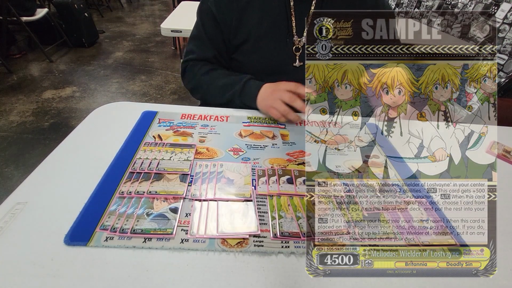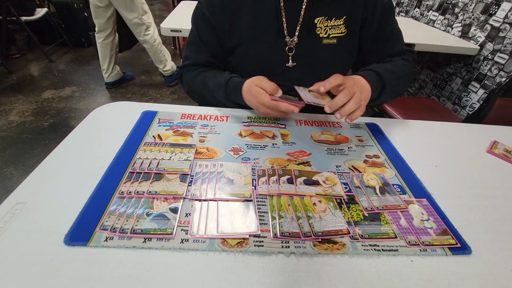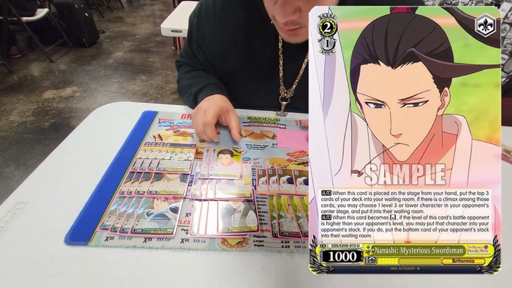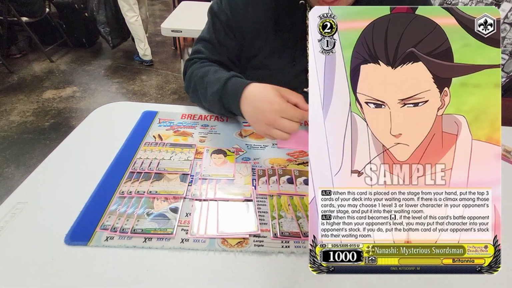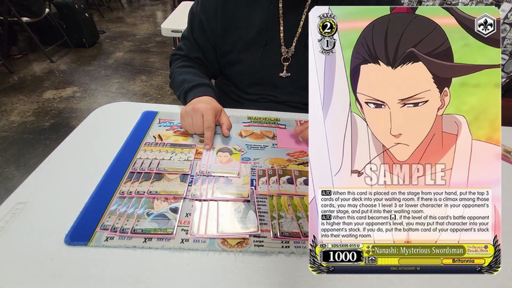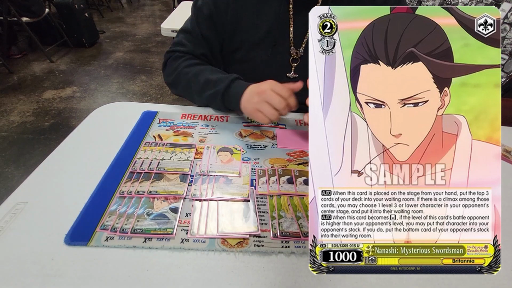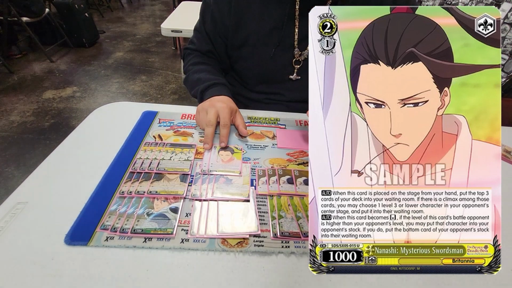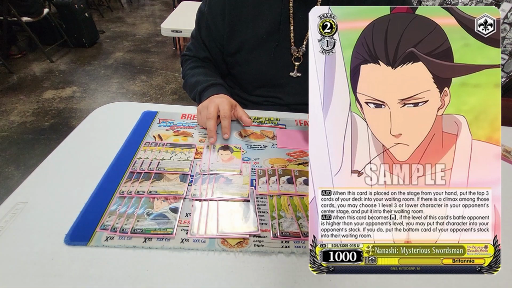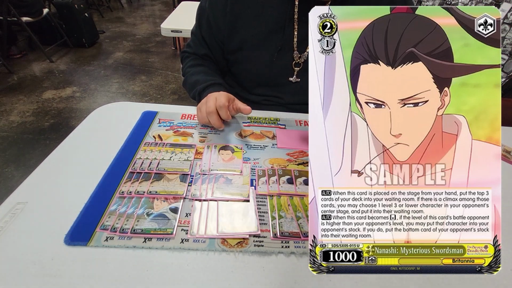Next, we go into our level 2s. We have this 2-1 Nanashi. On play, mill 3, and if it's a climax, you can choose one of your opponent's level 3 or lower characters and send it to their waiting room, and it's in a Adachi. Super good card. You can use this to clear out 2 lanes of your opponent's for free, which,